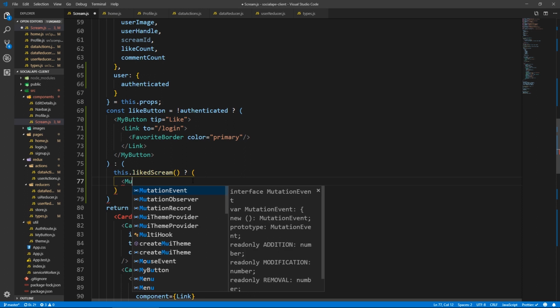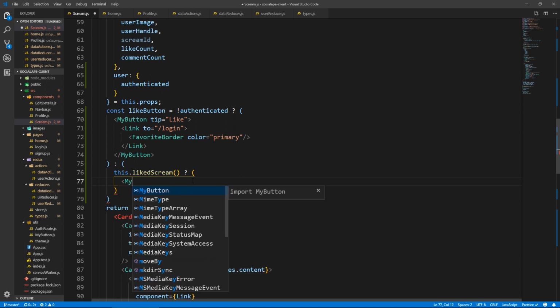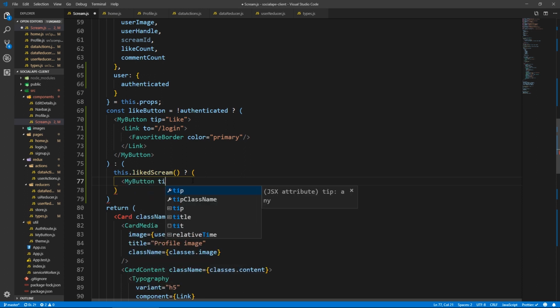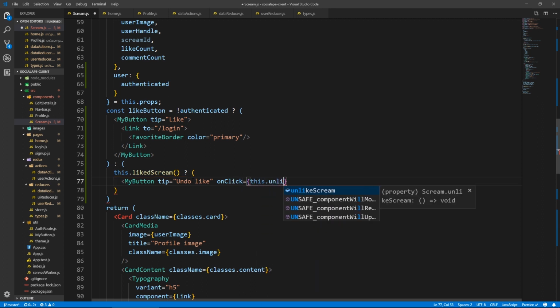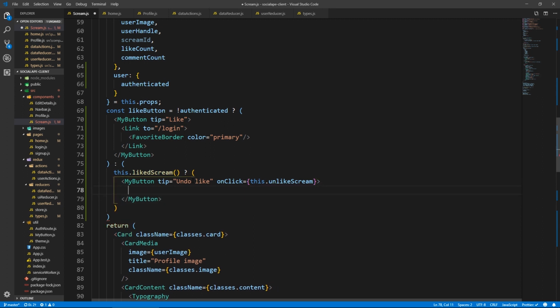So here we say MyButton with the tip, and now because we've already liked it, the tip should say undo like, and we're gonna have an onClick for this. So onClick will trigger this.unlikeScream, and yeah, we're not gonna have any classes. And here we're gonna have the FavoriteIcon with the color of primary,